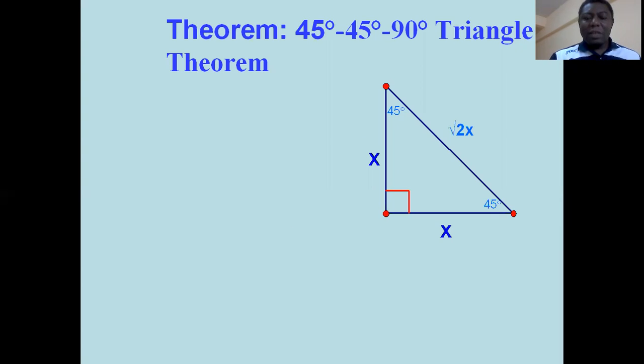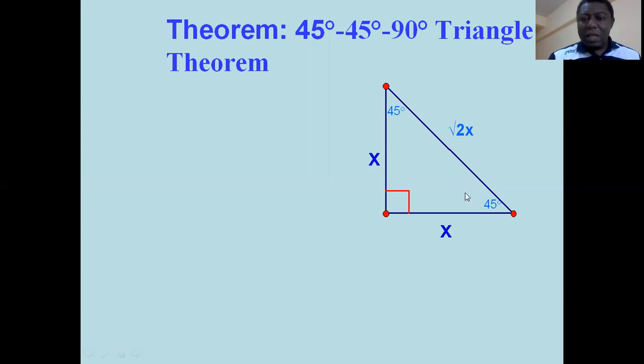But there are some other spatial right angle triangles that we are going to be looking at. They are actually called spatial right triangles. And one of them is the triangle that has two